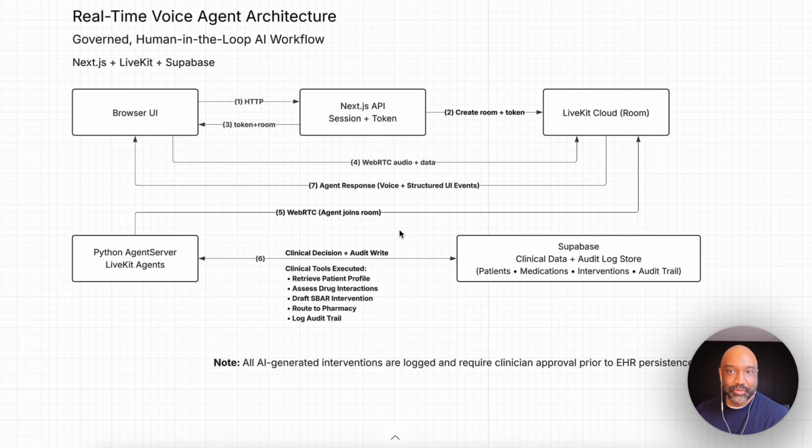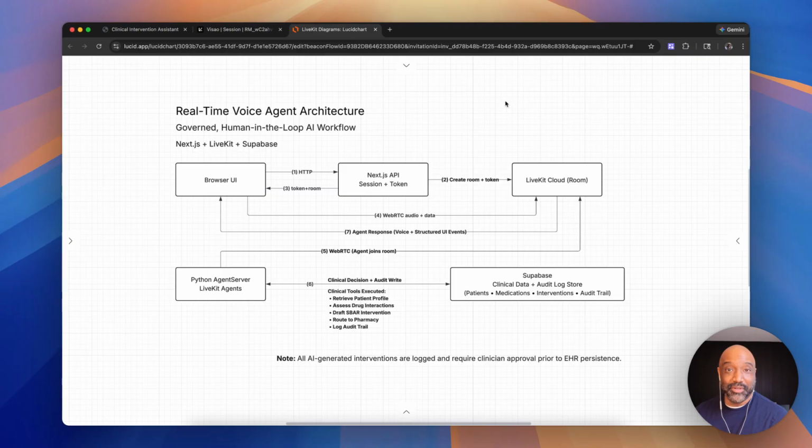This pattern also enables real-time voice-enabled clinical support while preserving auditability, compliance, and human-in-the-loop decision authority. In a production setting, this architecture could integrate with EHR platforms such as Epic or Cerner through HL7 or FHIR interfaces. The key takeaway here is that in a real-time AI environment, you can enhance clinical workflows without replacing clinical judgment. So if you're interested in enterprise-grade AI architecture for healthcare or regulated environments,